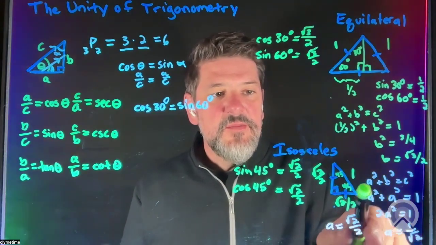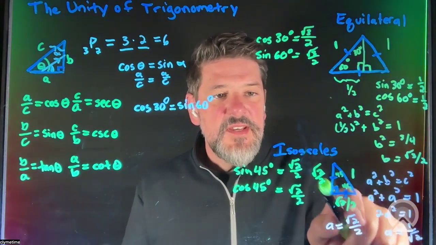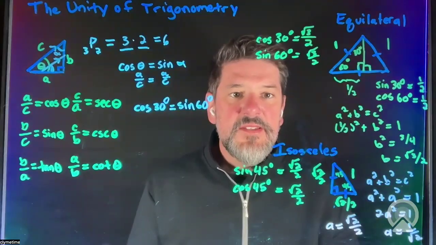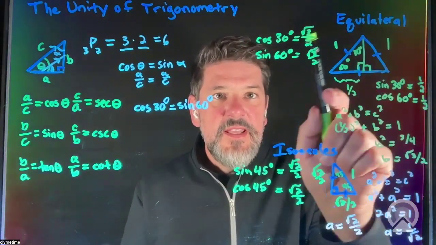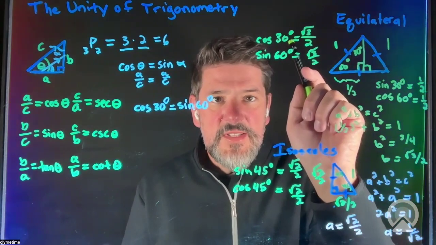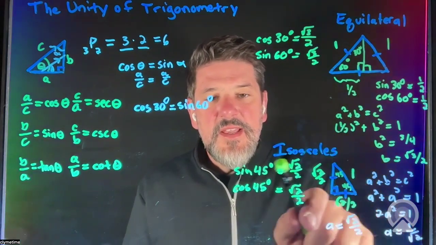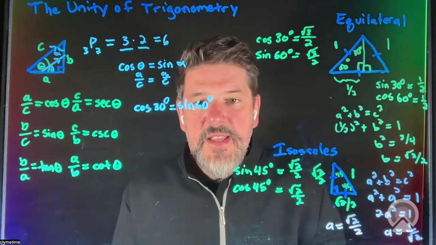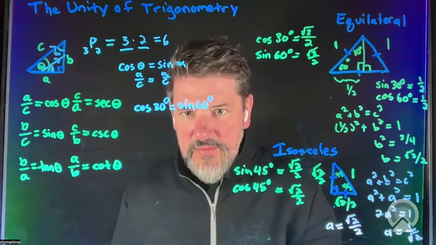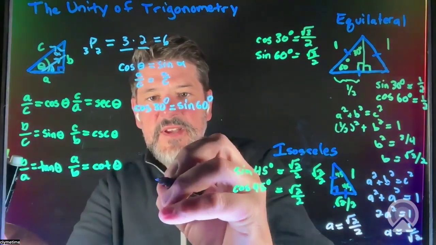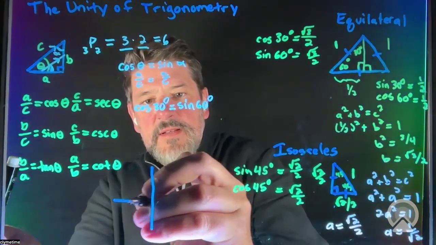And you can see it right here by just doing the Pythagorean theorem, assuming these two sides are the same length. Okay, so we have the equilateral triangle, and that gives us the sine and cosine of 30 and 60. We have the isosceles triangle, and that gives us the sine and cosine of 45. And the last thing we want to do is look real quick at what happens if I have an x